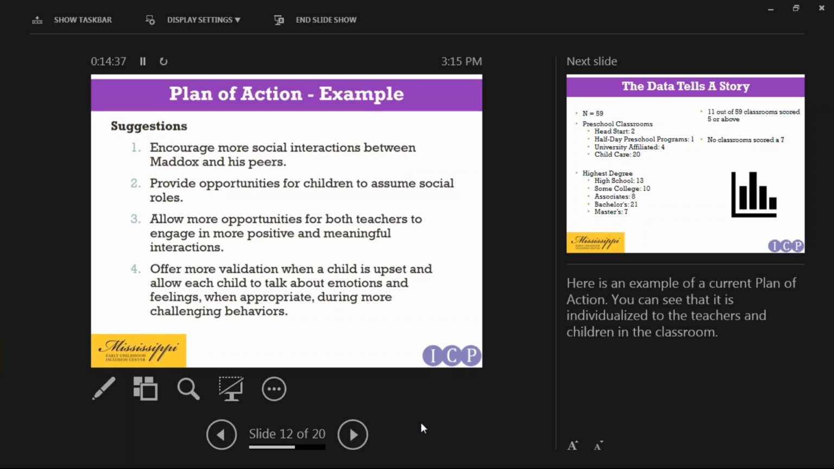Number 3 would be to allow opportunities for both teachers to engage in more positive and meaningful interactions. When we go over the data, we'll look at the relationship between the adult and the child. This is the item that they scored low on. And then offer more validation when the child is upset and allow the child to talk about their emotions and